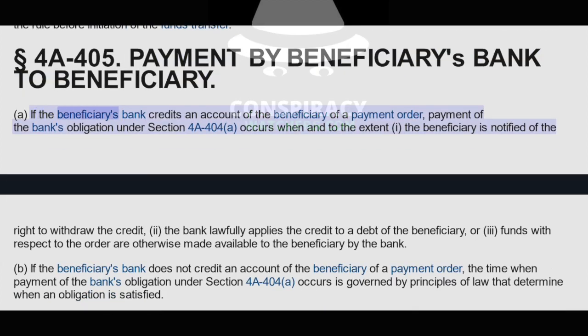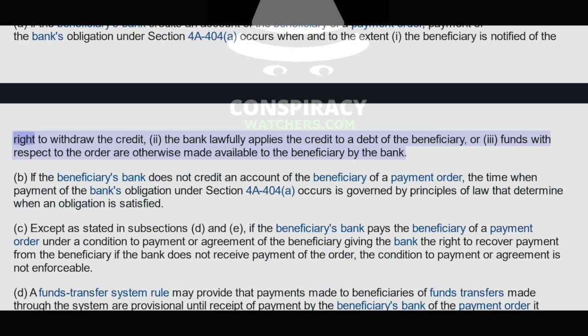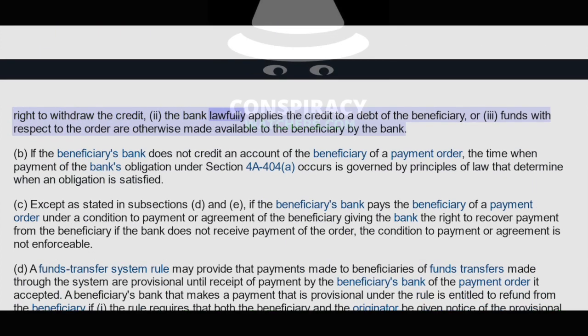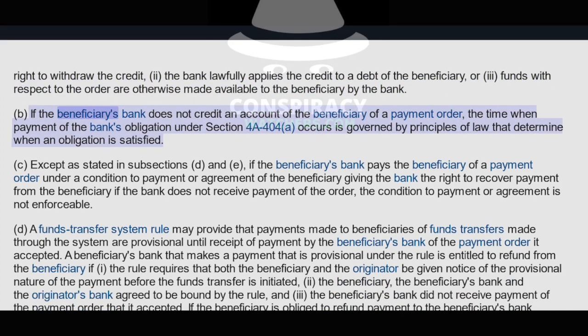If the beneficiary's bank credits an account of the beneficiary of a payment order, payment of the bank's obligation under Section 4A404 occurs when and to the extent the beneficiary is notified of the right to withdraw the credit, the bank lawfully applies the credit to a debt of the beneficiary, or funds with respect to the order are otherwise made available to the beneficiary by the bank. If the beneficiary's bank does not credit an account of the beneficiary of a payment order,